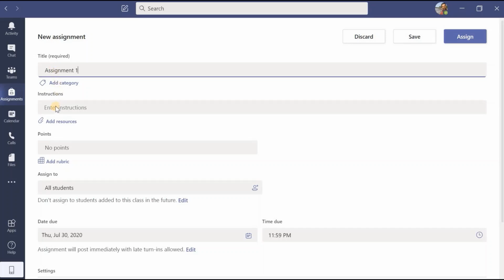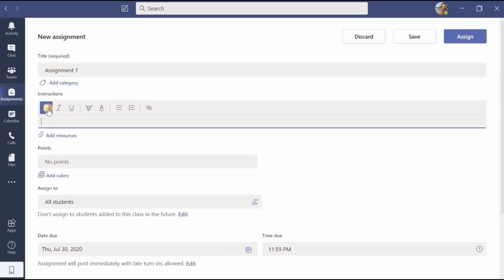Now if I want to add a few of the instructions, I can use all these controls and give the instructions. I can make it bold, italic, underline. If I have to highlight some points inside those instructions, I can do it. I can change the font color also. If I want to add bullets, I can add. If I want to add numbers to the instructions, that is also possible.